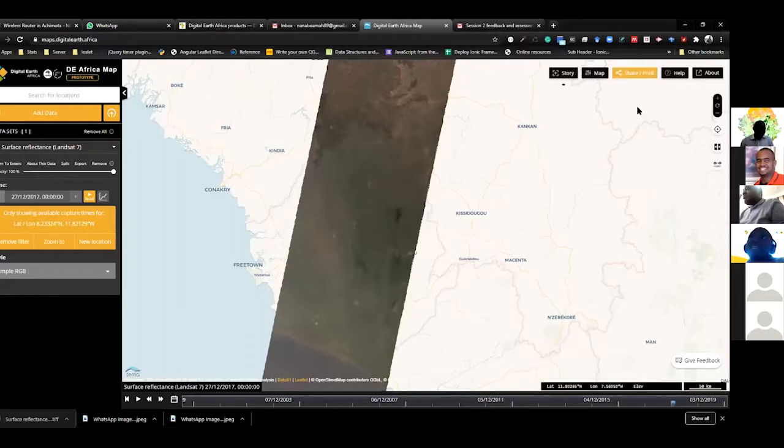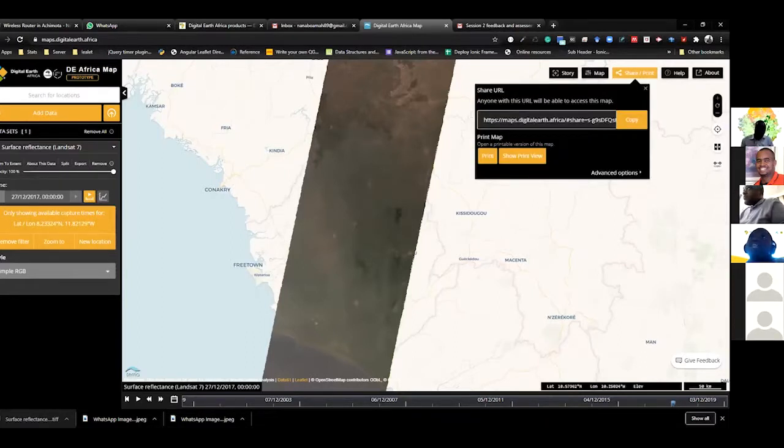link. So if you use the share link, what if I copy this share link right now and share it with the team? When everybody clicks on it, they are going to see what I'm seeing right now. So I'm sharing the link with the team right now. And once you click on it, you see that what I've loaded here right now, all of you will be able to see the same thing. Okay.